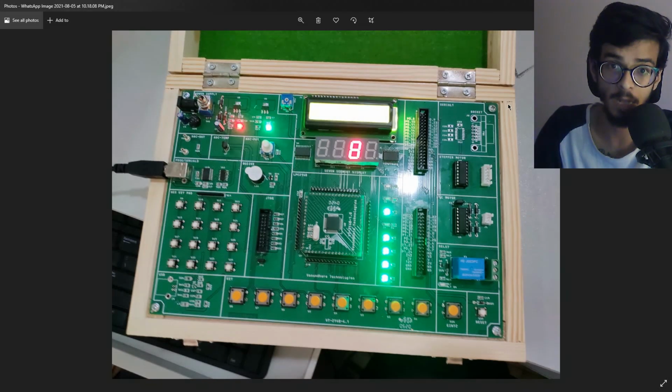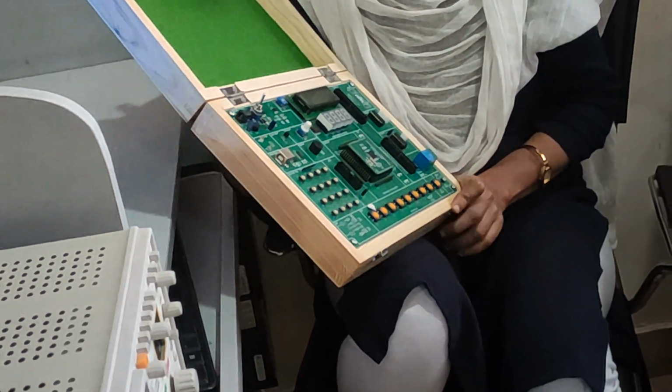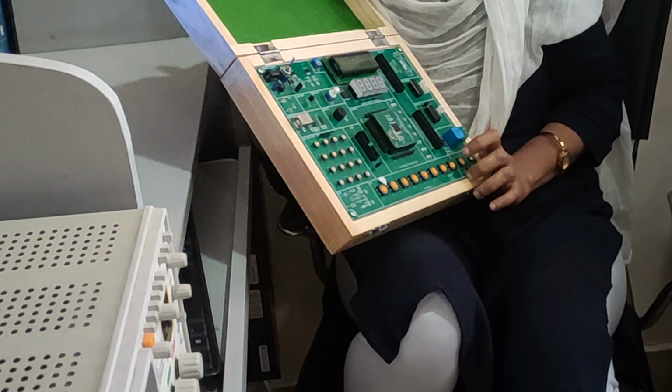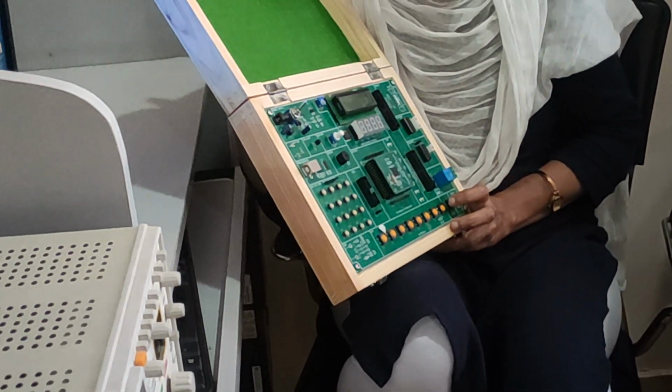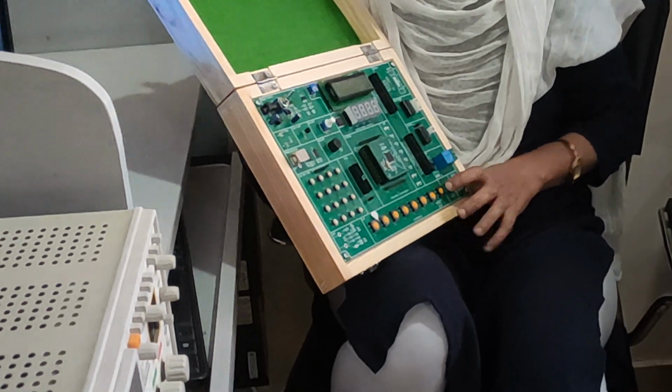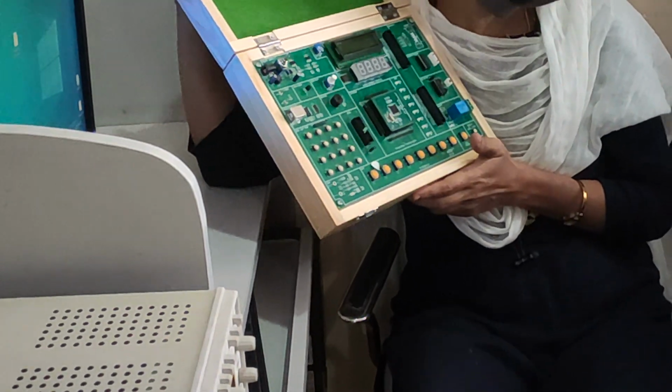So let's continue. This will be a complete explanation about the hardware LPC2148. And after this I will be uploading all the software videos also, so that you could also learn how to program it, and every link will be provided in the description. Kindly see the description. For executing part A programs, we never used this external ARM controller to fetch the output for the set of instructions we write for part A. But for part B, we are using this external controller, which is also LPC2148.